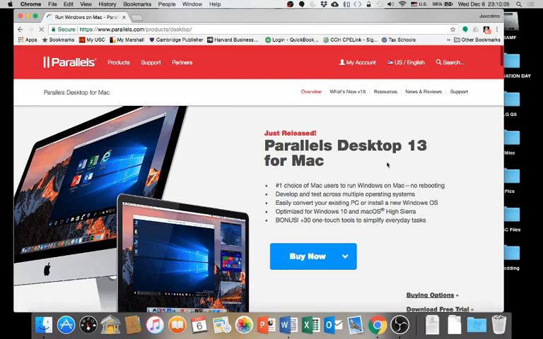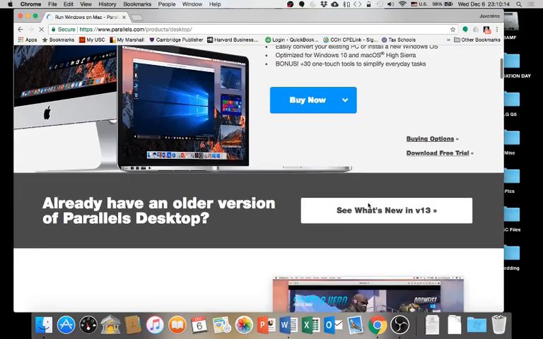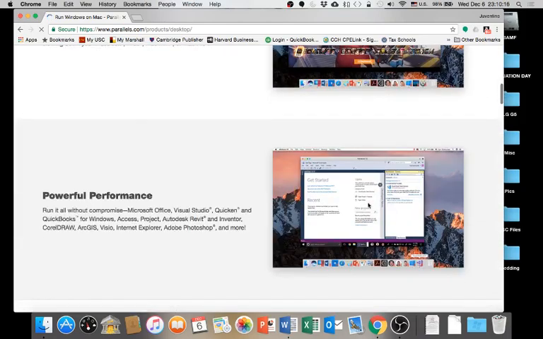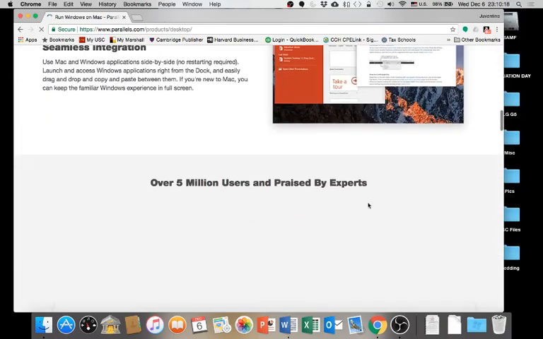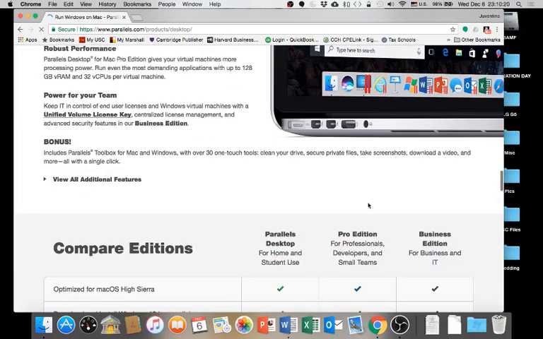I am not running Parallels Desktop 13. I'm still running version 9, I believe. But anyways, you can see and read all about it here. It does cost about $50 to upgrade. Brand new out of the box,